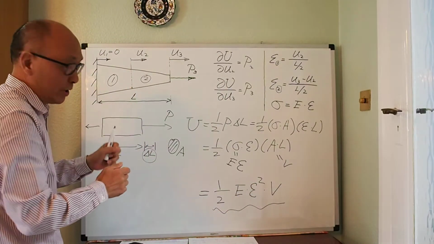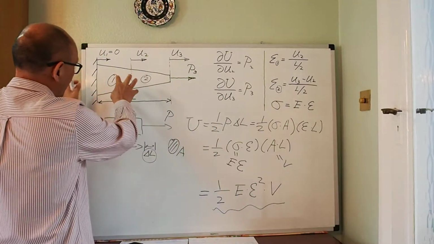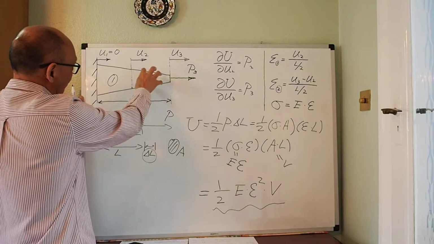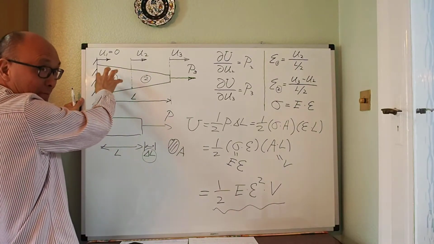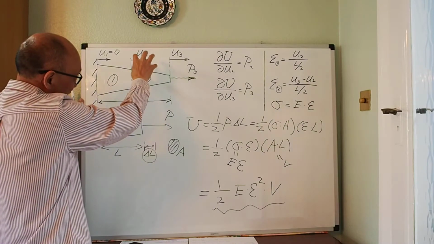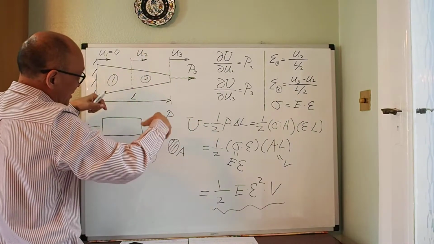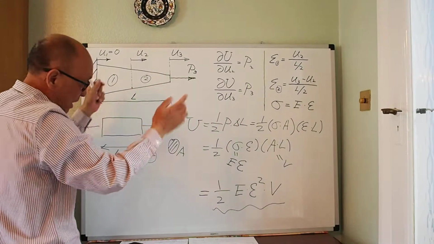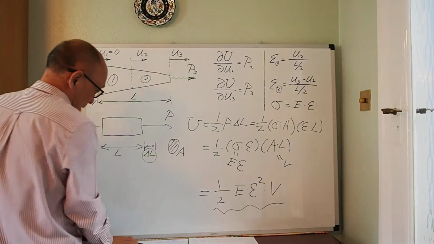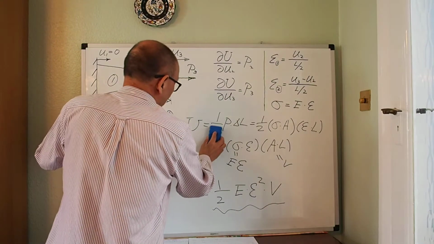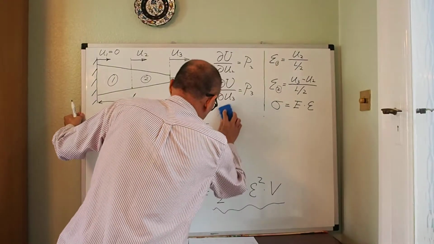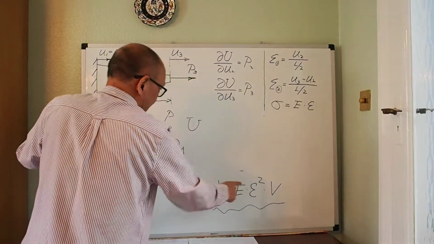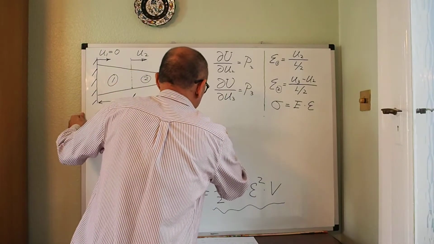But what I need to do is calculate this total strain energy one part by another. So I calculate the strain energy for part 1, and then I calculate the strain energy for part 2, and the total strain energy will be the sum of these two. Okay, so let me just do that. So U is going to be, so I'll apply that equation. So that will be